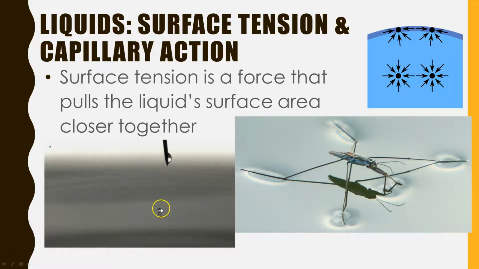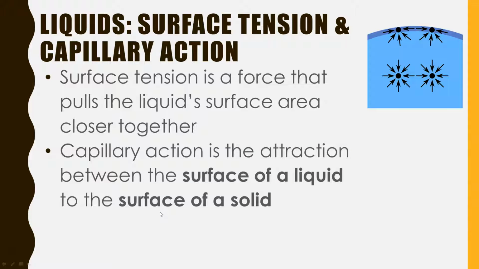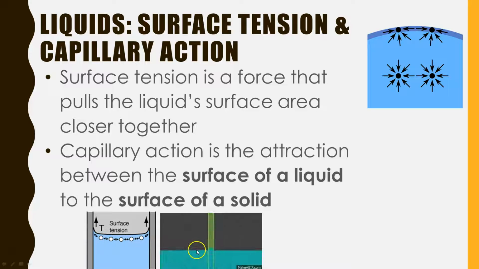Even between two drops of water, it does not necessarily want to merge right away, so you get a little bit of surface tension. Capillary action is the attraction between that surface of the liquid and the surface of a solid. So you're going to see we have this intermolecular attraction. It's also, when you get it near the edges of like a straw or something like that, it's going to stick to the edges and climb up a little bit there.